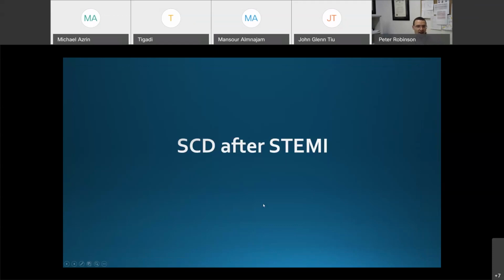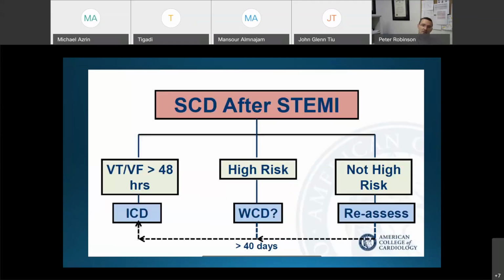Sudden cardiac death after STEMI. Again, this could be its own talk, so broad brushstrokes on how to think about these folks. If they have VT or VF more than 48 hours after revascularization, they do have an indication for ICD. If they're not at high risk, for whatever reason, we can talk about that, you need to reassess them